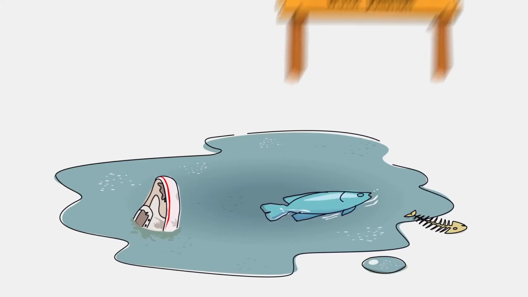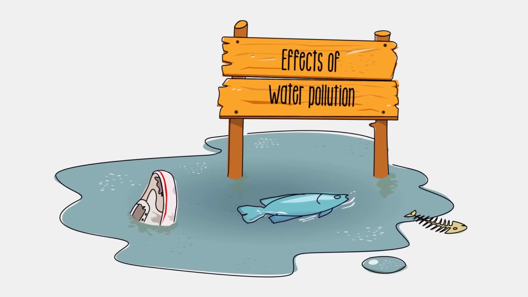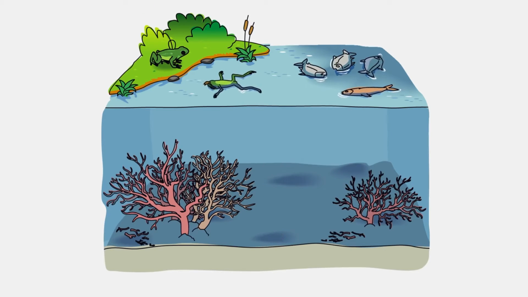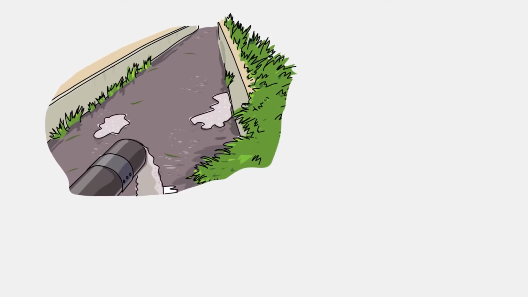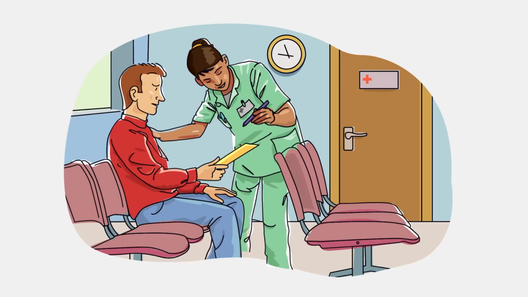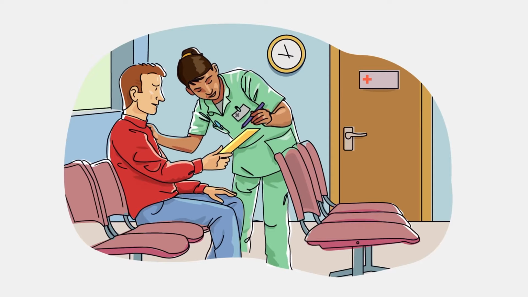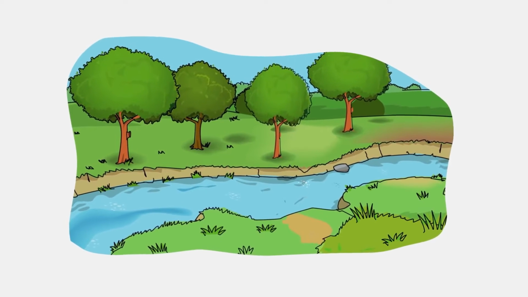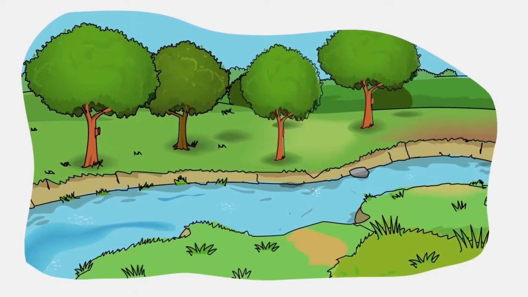And what are the main consequences of this? Firstly, the disappearance of biodiversity and aquatic ecosystems. Also, humans are harmed by the alteration in the food chain and by contracting illnesses when drinking or using contaminated water. For all this, we must ensure water availability, its sustainable management, and sanitation for all.